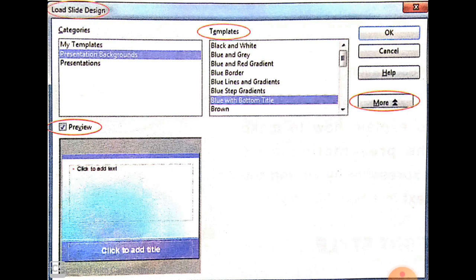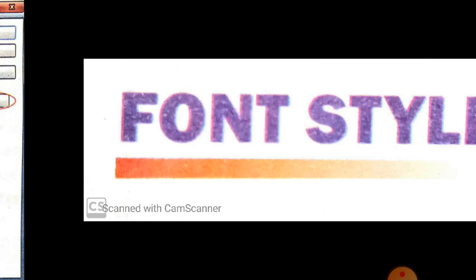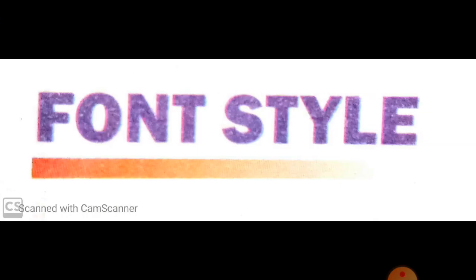Now, font style. Font is a style of writing, and we can make the presentation more impressive by using various font properties available in OpenOffice Impress.